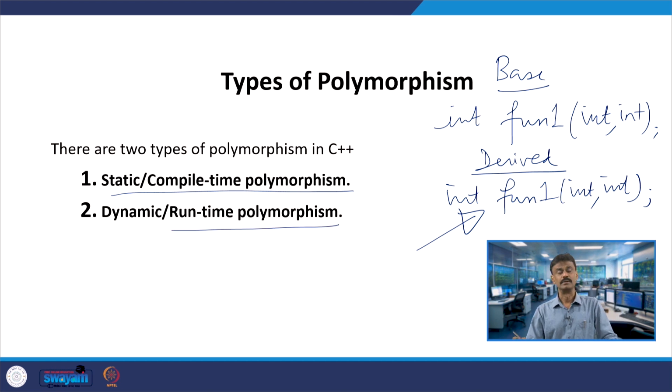So, we have already seen inheritance, the base class and derived class, where the derived class inherits the base class. But the problem is when you have the same function name. In fact, this is one of the programs we had seen before. This will be decided during runtime, so you call it dynamic binding or runtime polymorphism.